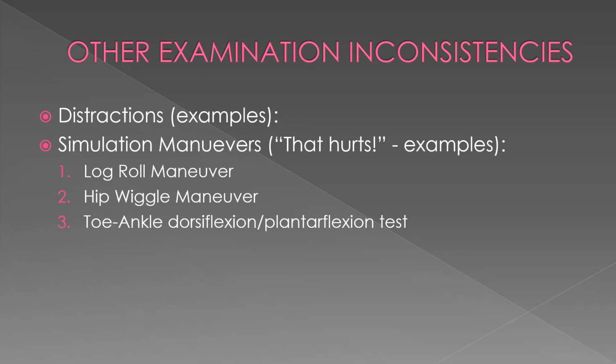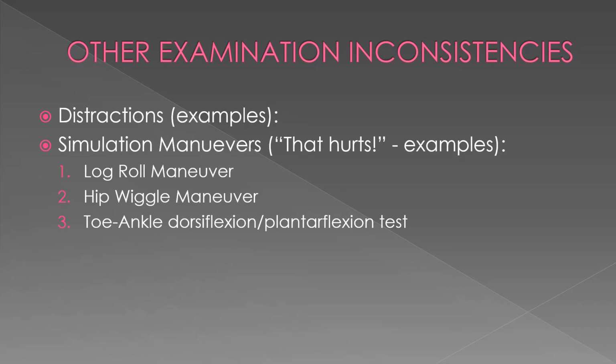Similarly, with the hip wiggle maneuver, we take the involved lower extremity and we flex the hip 90 degrees. Now, the examinee is familiar with us performing examination maneuvers on the lower extremity. For example, we've already by now done some straight leg raising maneuvers, perhaps the Bragard's maneuver, and perhaps some 90-90 flexion maneuvers. The examinee is familiar and comfortable with us manipulating the lower extremity, so this is the perfect time to integrate the hip wiggle maneuver into your routine protocol.